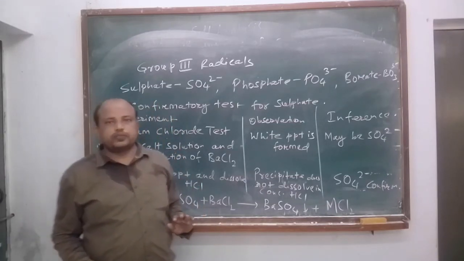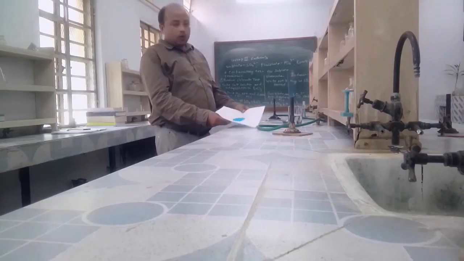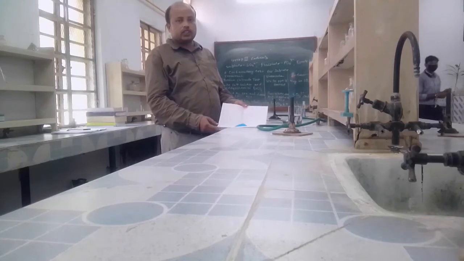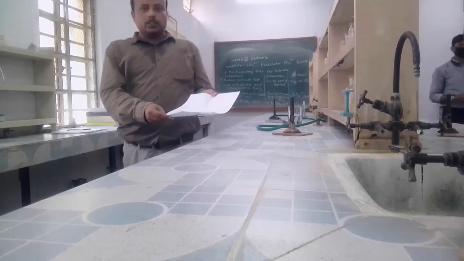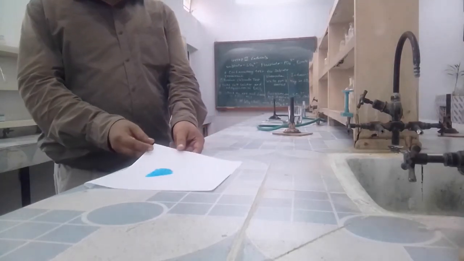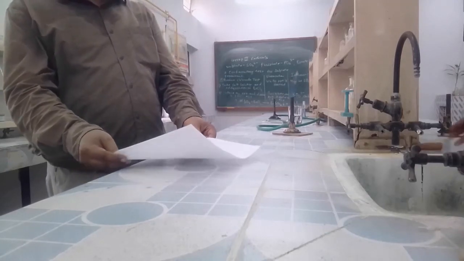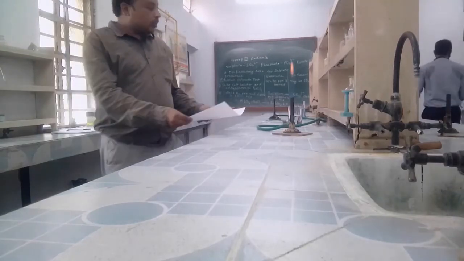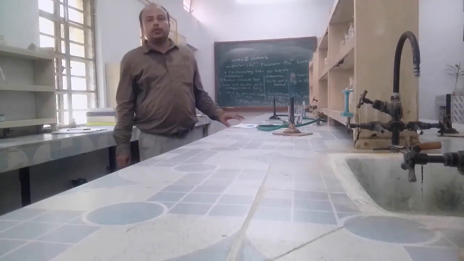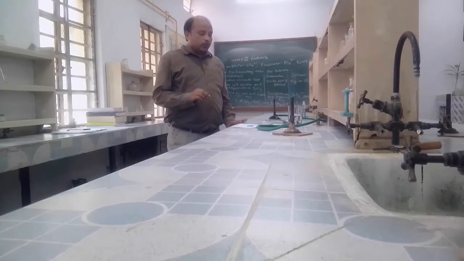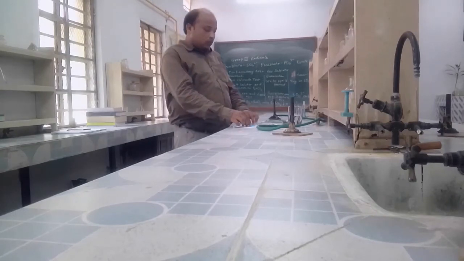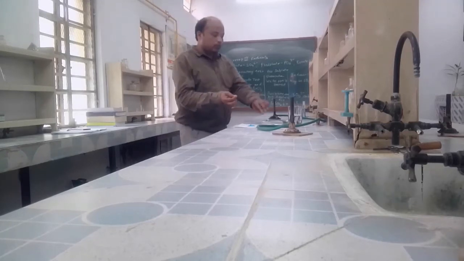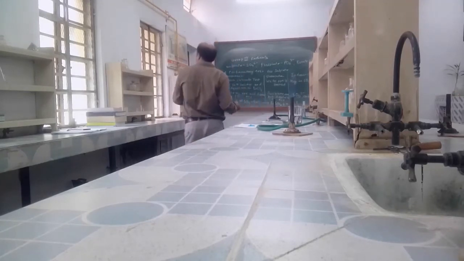Okay student, thank you. Student, you see here, I have been provided with a blue colored salt. You can see the color of the salt. What is the color of the salt? It is blue in color. So the preliminary test we can just talk about. I have told that if the color of the salt is blue, then it may be copper. So what we have to do here? Now we have to smell the salt. We have to add some amount of water in a test tube.